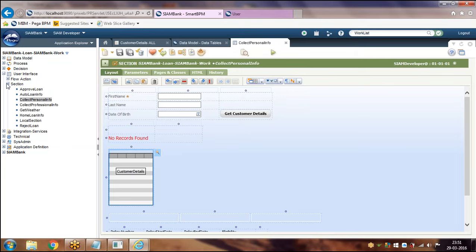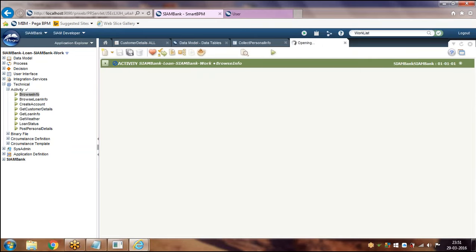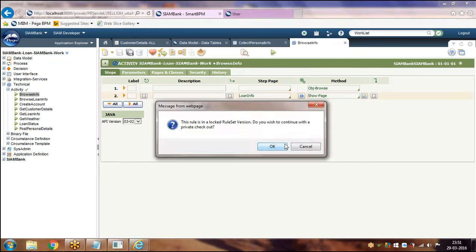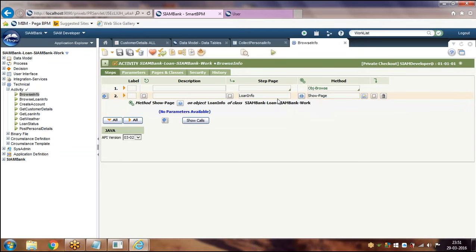And you can call a list view rule in an activity as well using the Obj-List-View method. I'm just checking out an existing activity just to show you how we can call the Obj-List-View method.